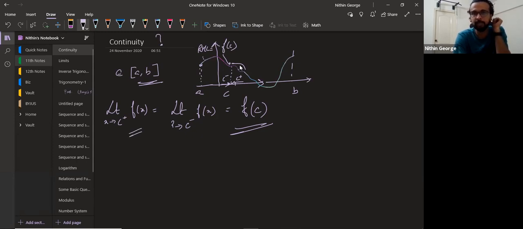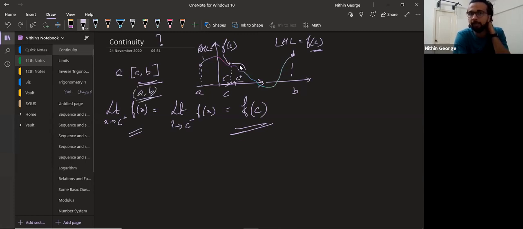Similarly, at this point, how do you find continuity at B? You find the LHL equal to value of the function at B. You don't have an RHL there. Are you following? If this is how the function is defined, you don't have an RHL. So if you're checking whether it's continuous between A and B, you first check at all the points in between. And you'll find that LHL equal to RHL equal to f of x. So then it's fine. It is continuous within A comma B.